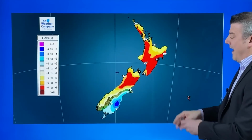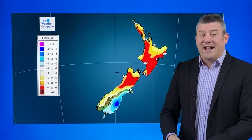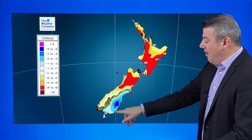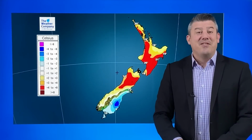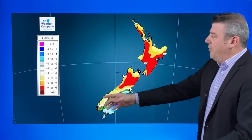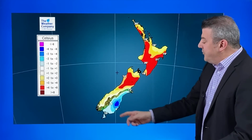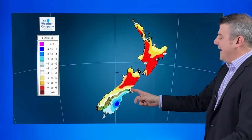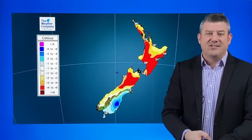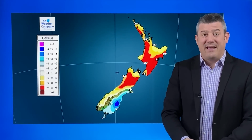here in the south. And let's have a look at the departure from normal temperature map for Friday. So what this shows you is the numbers show you the daytime maximum. 9, 8, 10. That's a lot lower than where you've just been. And then the shading shows you how much warmer or cooler that is compared to usual for this time of the year. So you can certainly see that cold change coming into the South Island tomorrow, but the warm northerlies still pushing many places up 3, 4, 5 degrees, maybe more above where you should be for this time of